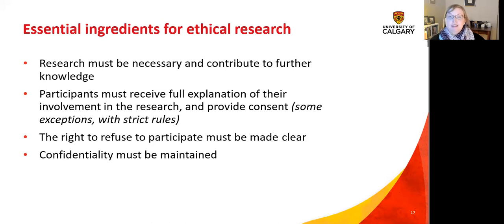So participants must have a full explanation of what the study is, why you are doing it, and they have to provide consent. They have to provide consent before they are involved, and in some cases, they may need to provide consent again as you go through the research process. So if you've ever completed a research survey online, there's probably a page that explains how your data is used, what the purpose of the study is, and then at the bottom you have to click I consent or I agree before you can start the survey. So that's an example of you providing consent to participate in the research.